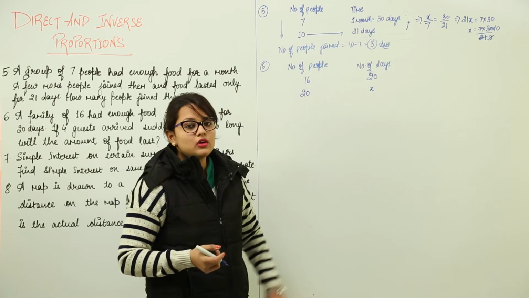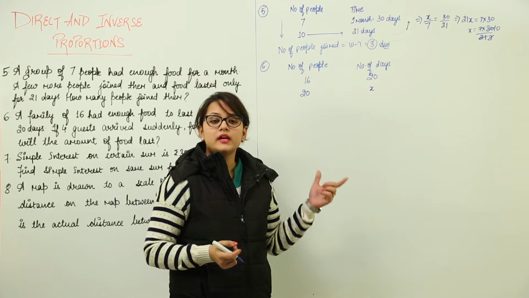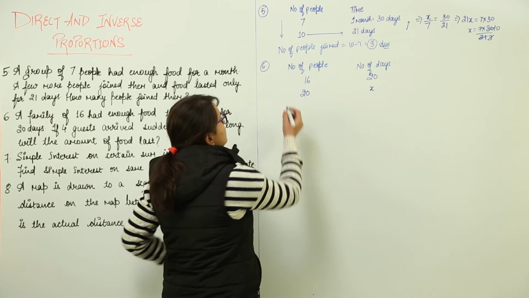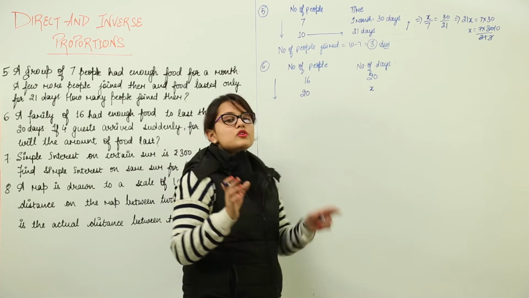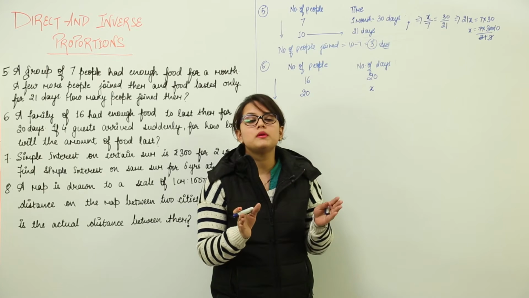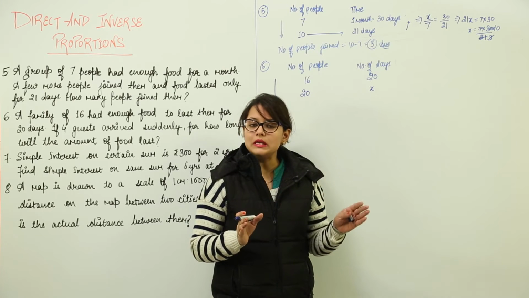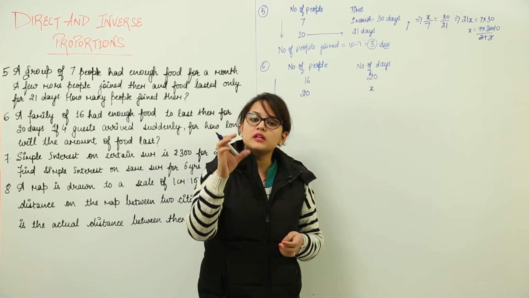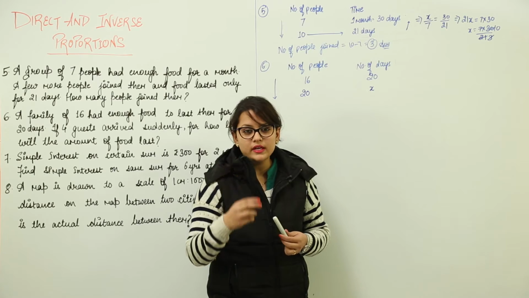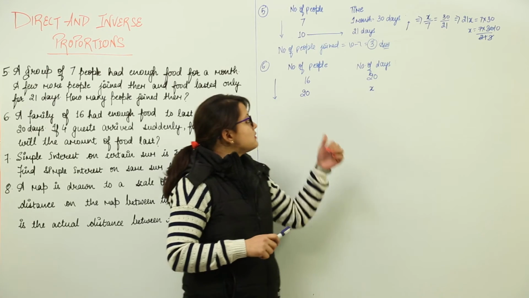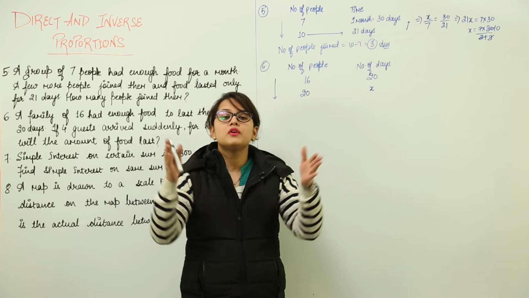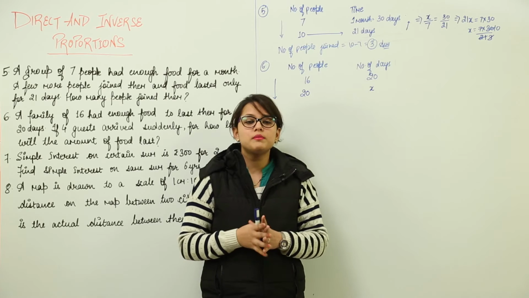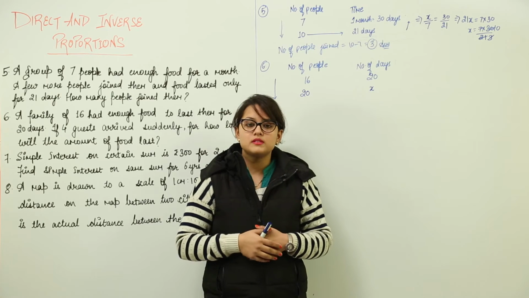That is the x. Now let us check whether the question is for direct variation or the indirect one. Now see, the number of people are increasing. Say you have a piece of bread that is to be shared among 4 people. Earlier it was to be eaten by a single person, but now there are 4 people who are going to share that same piece of bread. Don't you think they will get a lesser amount now? Right? Similarly, if you have 10 pieces of bread in your house and they are to be consumed by 10 people inside your house, each will get 1 piece. That is right.